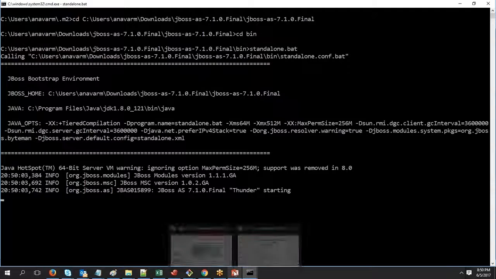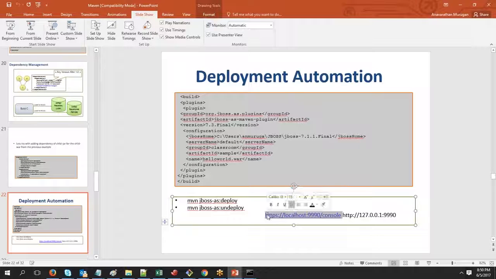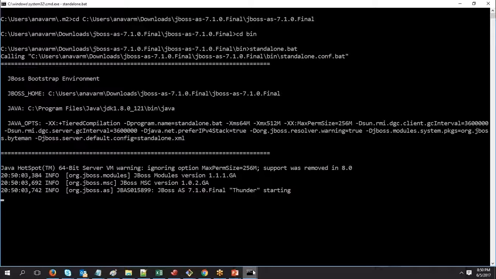And once it is coming up, then you can go to the location of the machine that you have installed, wherein I have installed the JBoss on my machine itself. So if you go to the port number called 9990, you can directly access, as well as you can give this IP address, which is the default IP address any machine will be considering as the local machine. So if you can go to any one of them, you can see that the JBoss application server will be accessible. Okay. So now if I go here,